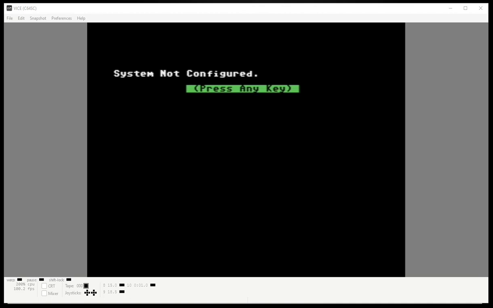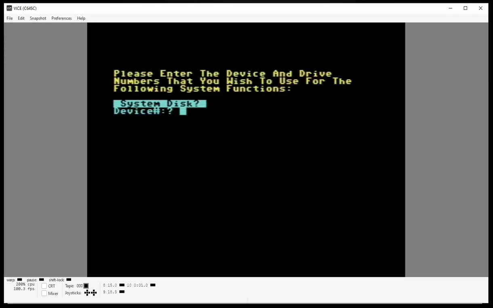So you'll get to this screen when you start it. And this means, again, your system is not configured. So let's go into this. This is when it's going to ask you how you want to configure your BBS. Now, I mentioned on the previous video that the 1541 had a limitation of number of files in a drive. I think it's 148, something like that, but it's not a lot. When you think about